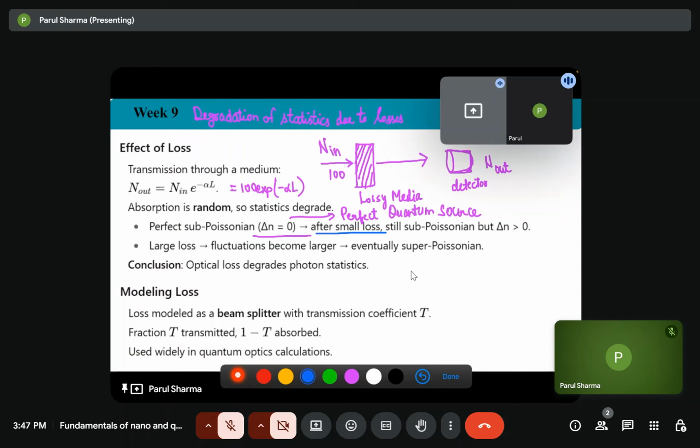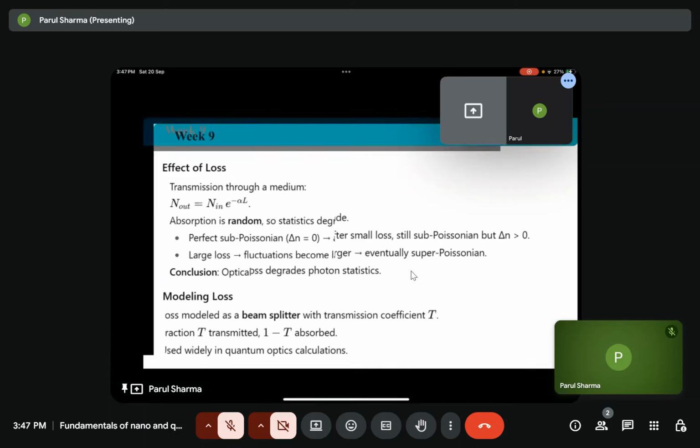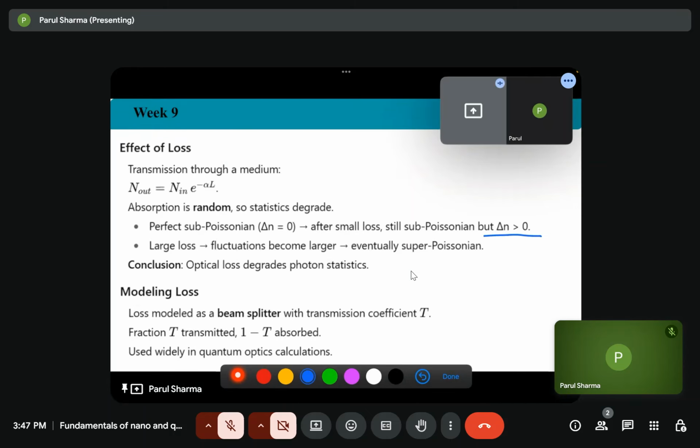It is greater than zero, and it will be in the range of zero to delta n and n bar. So in this case, the statistics is still sub-Poissonian, but not perfect sub-Poissonian. And in case of larger loss, when the fluctuations are much larger than the incident beam, then it will eventually become super-Poissonian, where